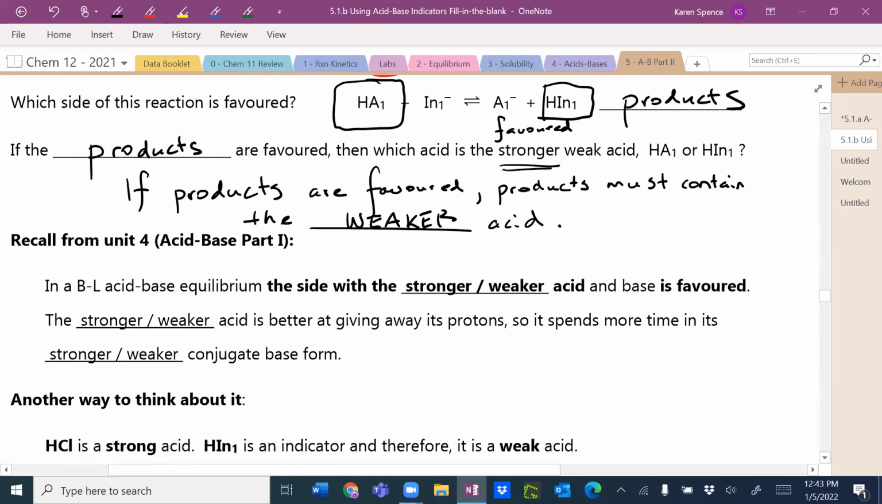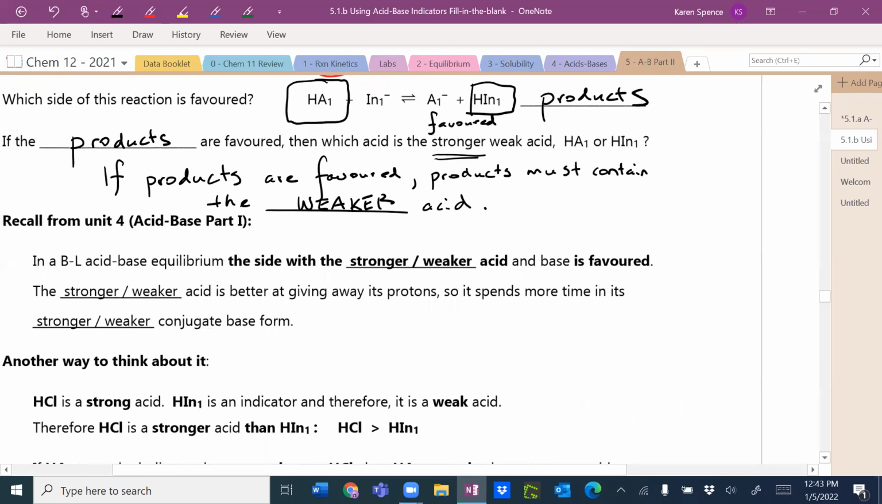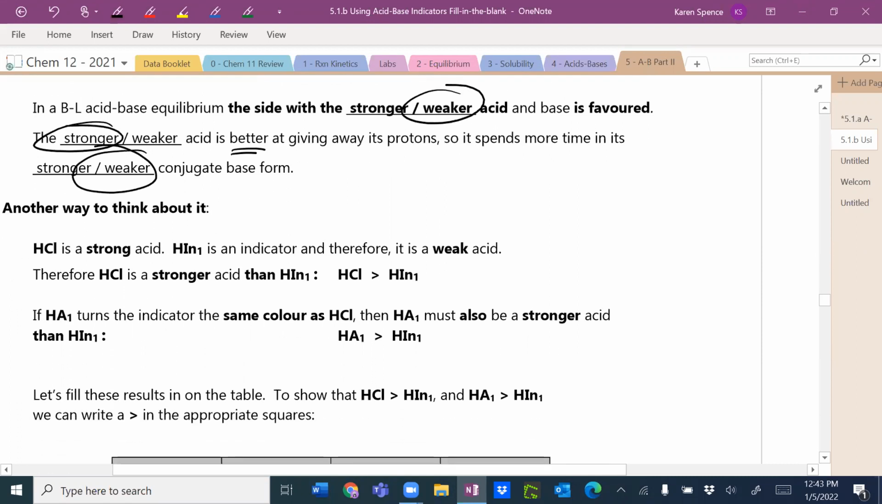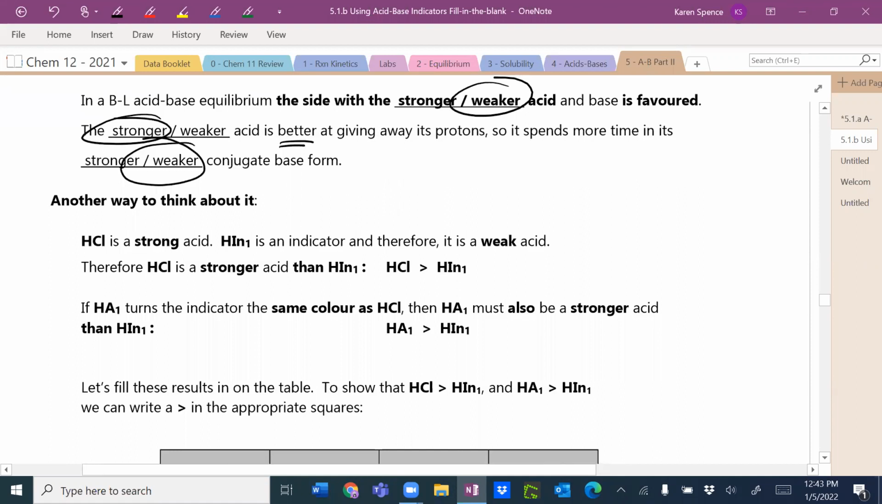Okay, so in a Bronsted-Lowry acid-base equilibrium, the side with the weaker acid and the weaker base is favored. The stronger acid is better at giving away its protons, so it spends more time in its weaker conjugate base form. Okay. Now, another way to think about this, if you're solving a problem like this in a lab, is